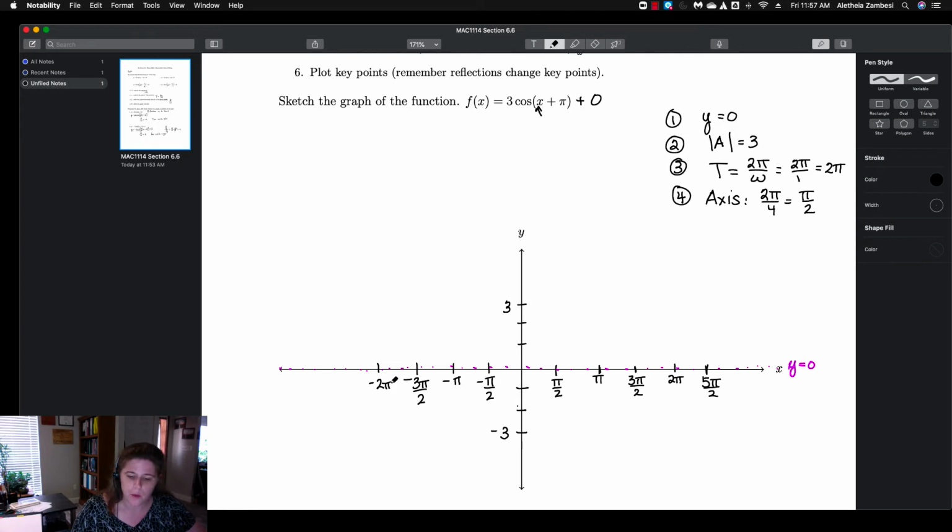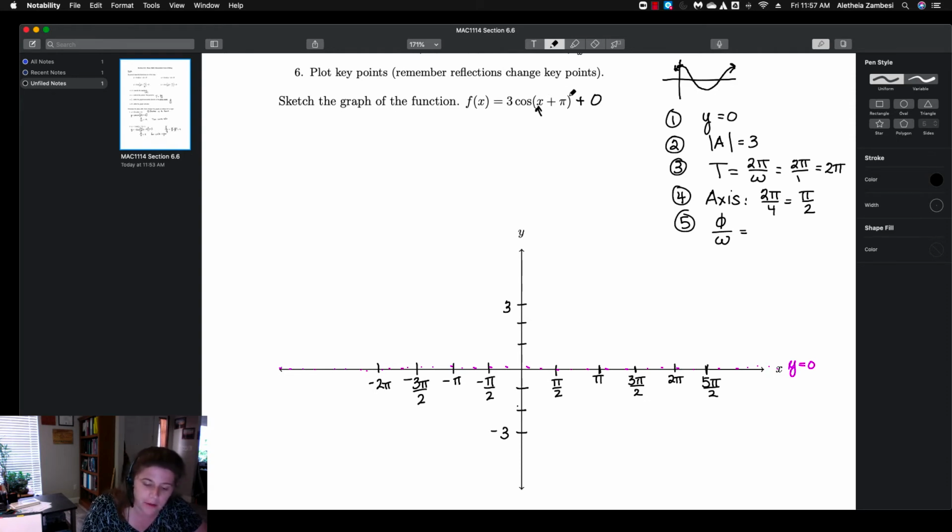Okay, we're dealing with the cosine graph. So remember, when we are dealing with cosine, that's the one that starts high, goes down, comes back to the top. So this is our basic look of cosine. Now we have to ask ourselves about the phase shift. So part 5 is that phi over omega. Looking at this, there was a 1 to factor out, so we didn't really have to factor anything,